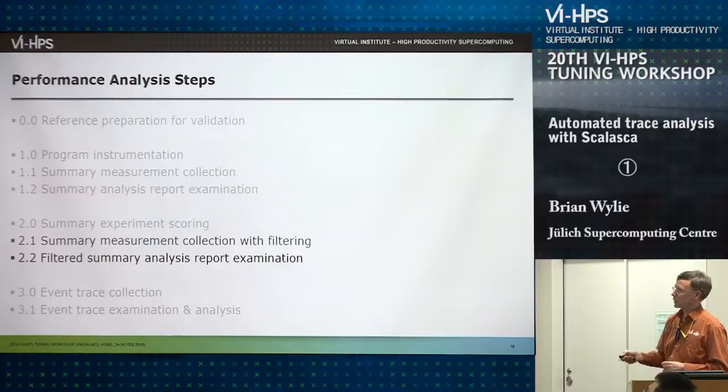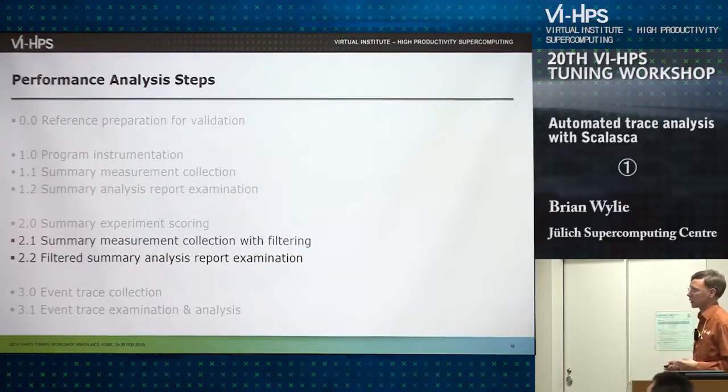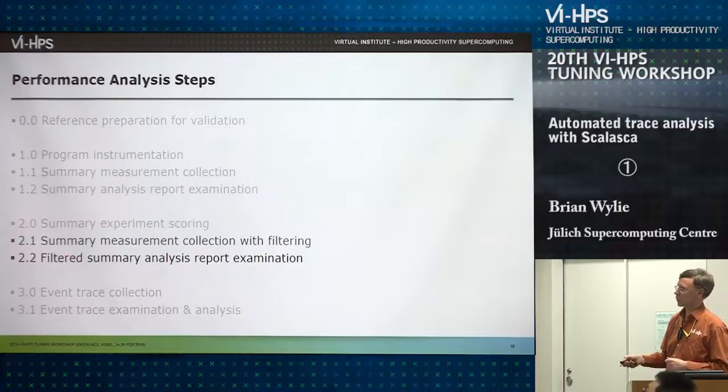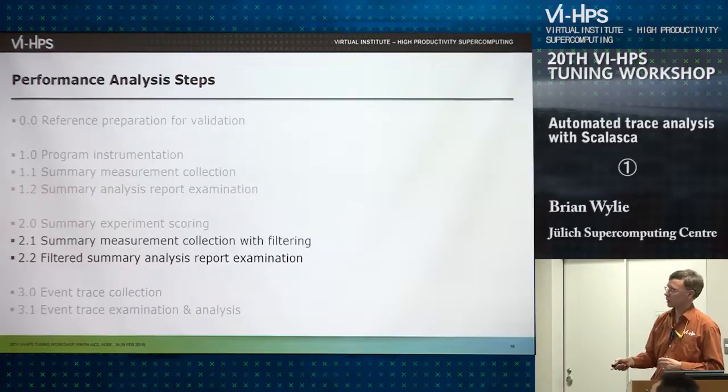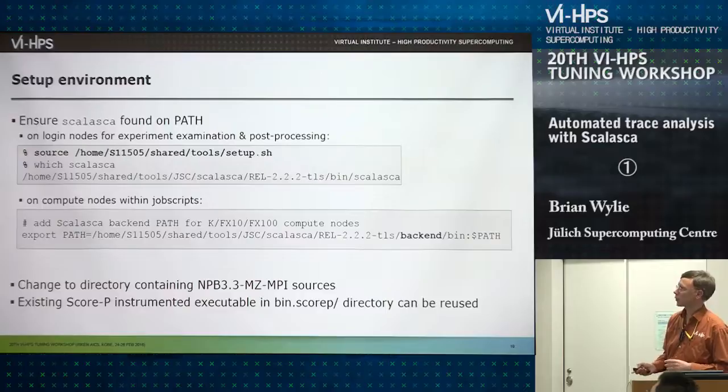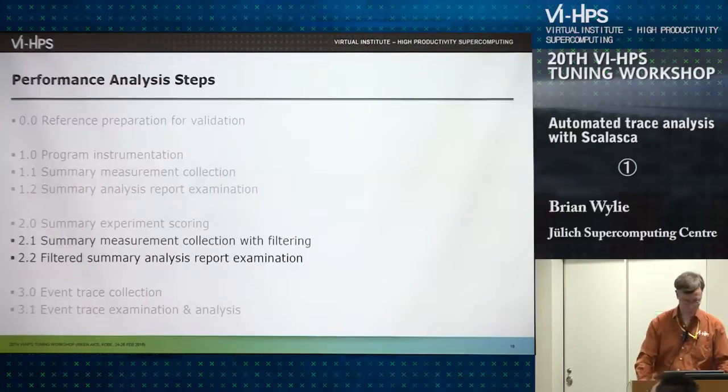So you've already seen the initial steps of this process. We could go through it with Scalasca again, but I think we can skip that. We'll jump in the middle again and go a little bit further so that we show you first doing some summary collection with Scalasca, and then move on to the trace collection part. You already have things set up, so I'll just